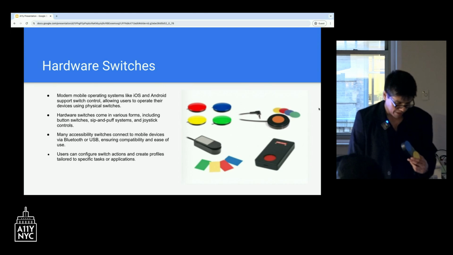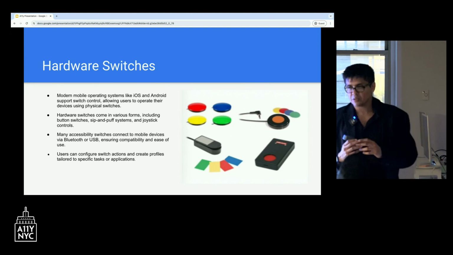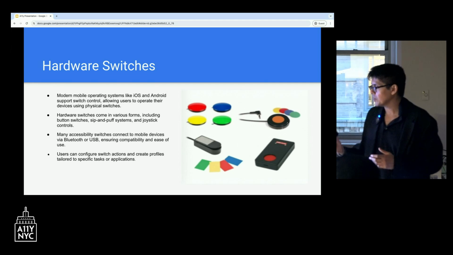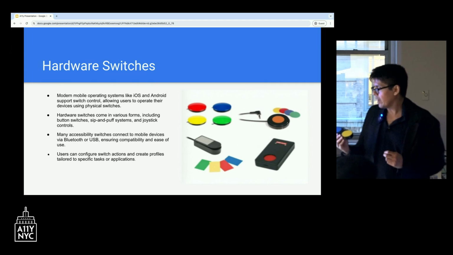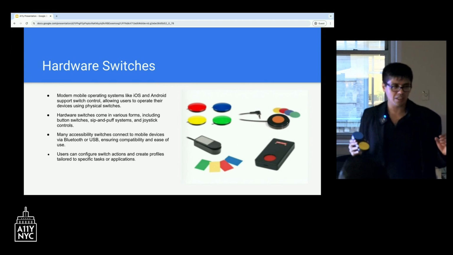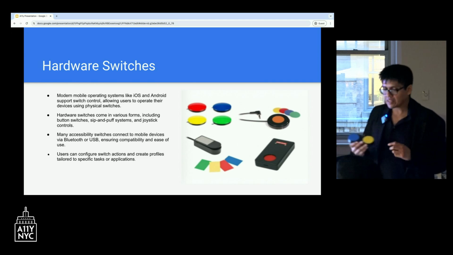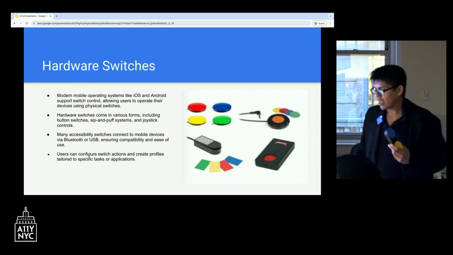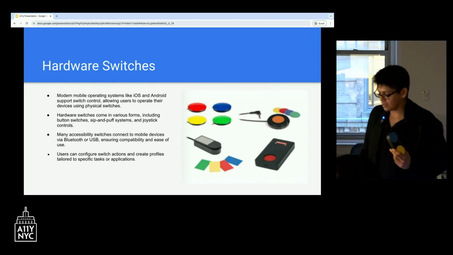And you can configure switches. Again, these hardware switches are configurable using the same procedure that you use to configure the camera switches as well. That's what's really great about the API for these, it's very interchangeable. So if you need to mix and match different camera actions with hardware switch actions, with vocal actions, the sky's the limit at this point.